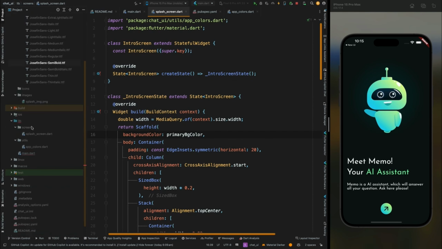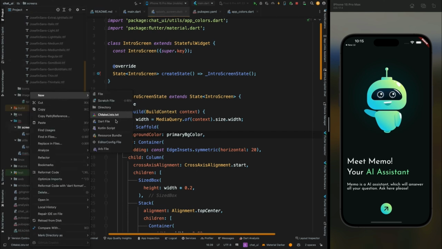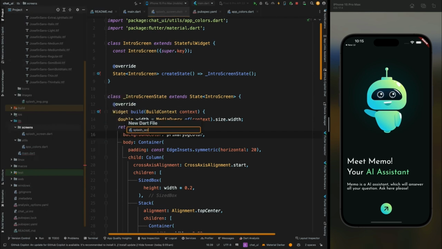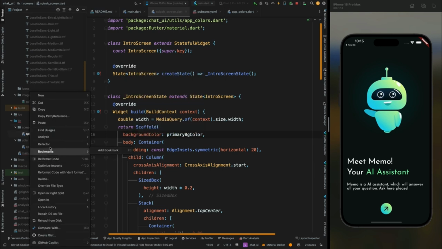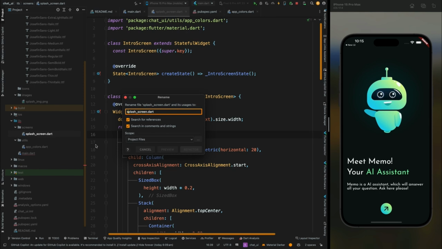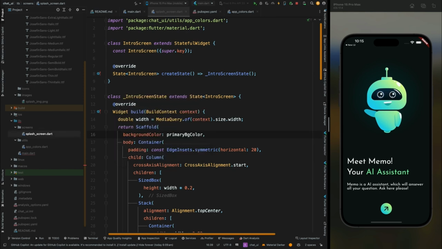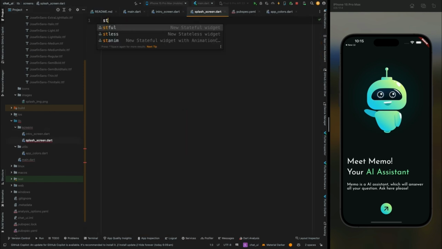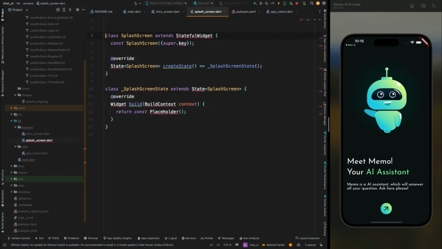Okay, now come to the lib directory, then inside screen folder, here create a new file as splash screen, then we have an error. Okay, so we already have a same name file, so we cannot create the same file with this name, so here just rename this file from splash screen to intro screen, then create a new Dart file as splash screen, and then here first create a stateful splash screen, then import the material package,